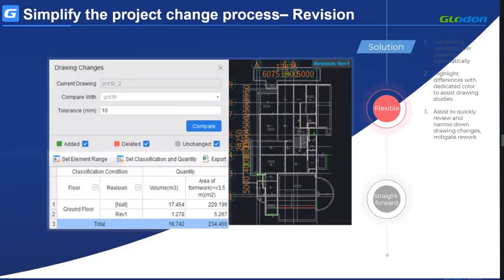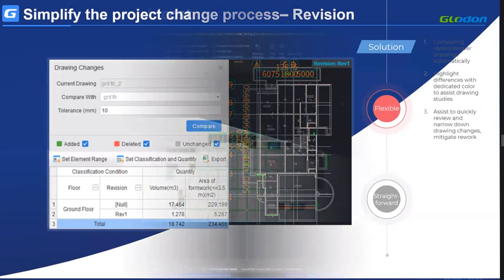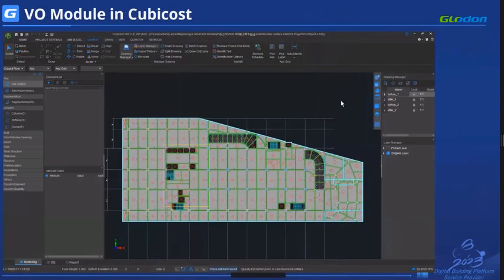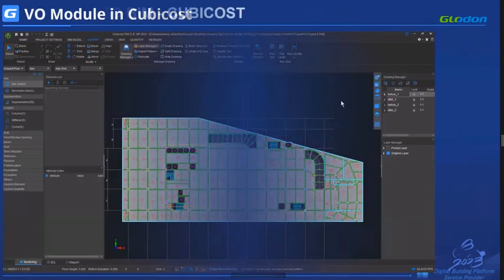Another function is called the revision. It's mainly for the variation order. So it can compare the variance over the joints automatically, and it can also highlight the difference with a delegate color to assist joint studies. So from this video, you can see,